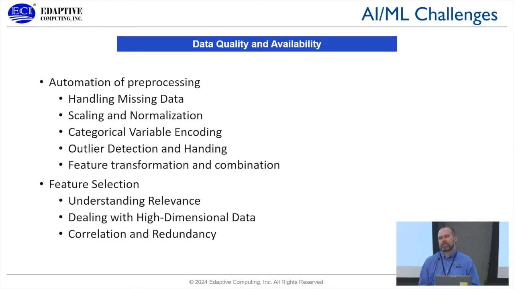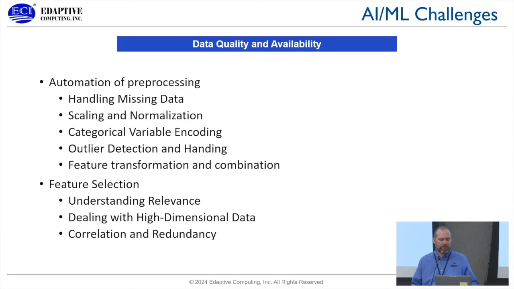Feature transformation and combination. So things like principal component analysis, where we can reduce the dimensionality of the data, identify key features, reduce unnecessary features, and then combine those to create aggregate features. Doing all that is something that your analysts may generally play around with and try different things, but this is something that a tool needs to be able to support, as well as feature selection,